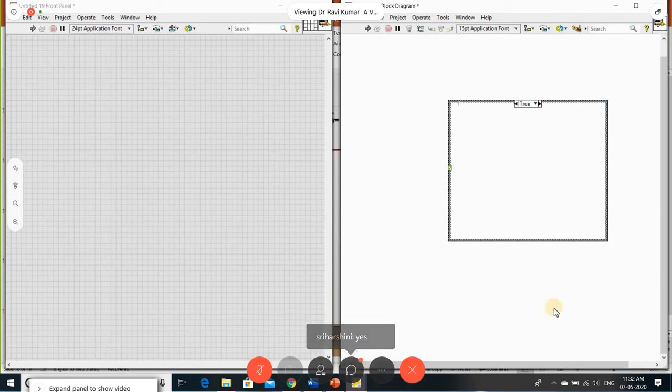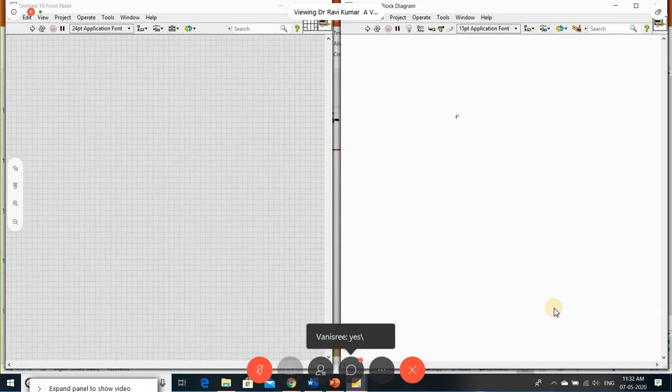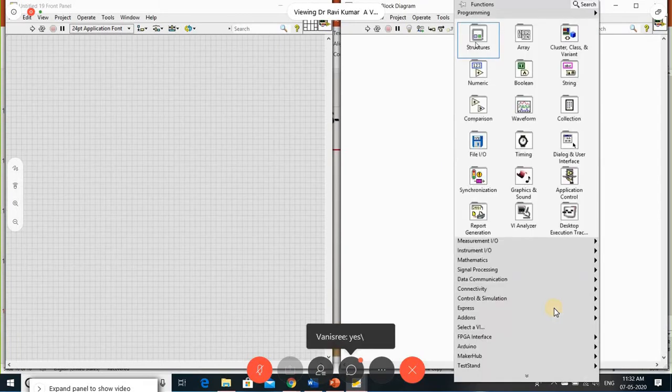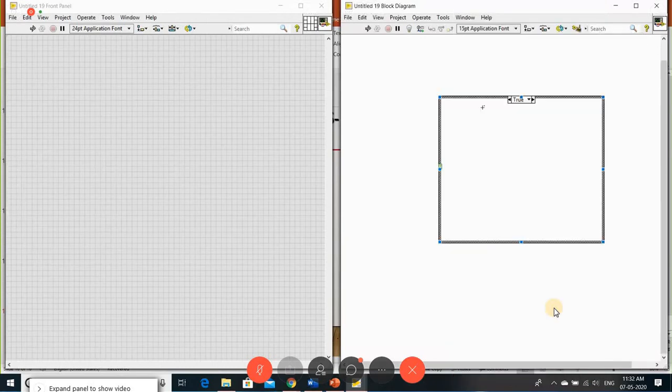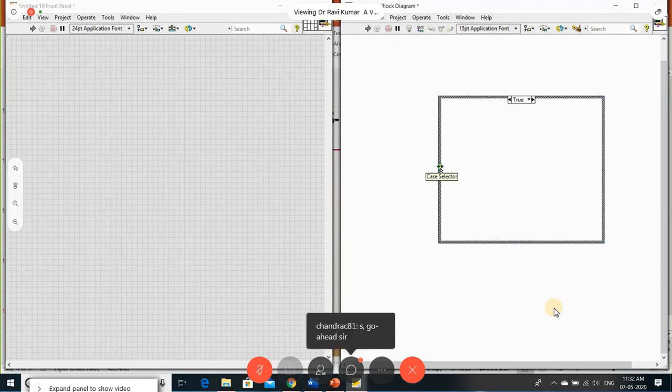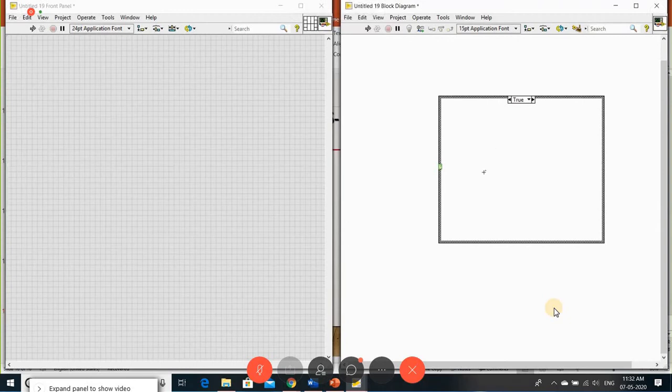As usual, I'm repeating once again. Go to the structure. We have the case structure. Just drag down. See here, this is the condition or case, the value, whatever you want to select. And here we are getting the particular values. So first we'll do finding whether the number is positive or negative, or even or odd. It is simple. So how are we supposed to do that?